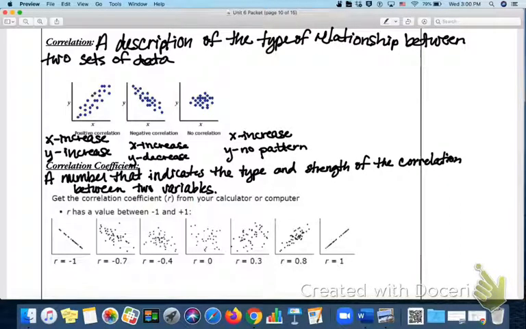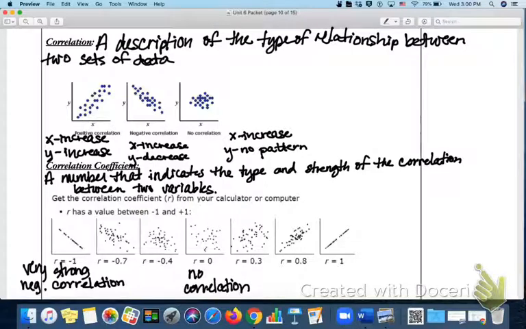A correlation coefficient of -1 looks pretty linear, so it's a pretty strong correlation between the two. Very strong negative correlation when you're at -1. And as you move to the right through these different correlation coefficients, you can see that the points get a little bit more and more spread out. You can still see that they're negative, but when you get to r equals 0,